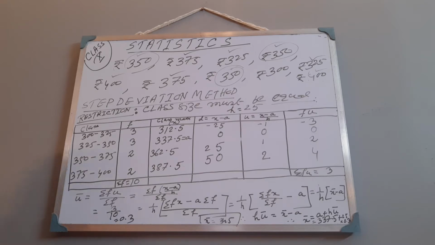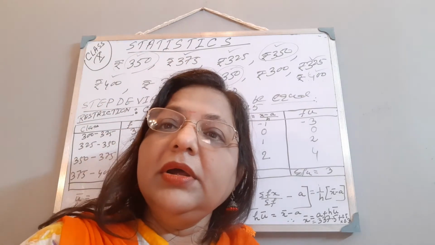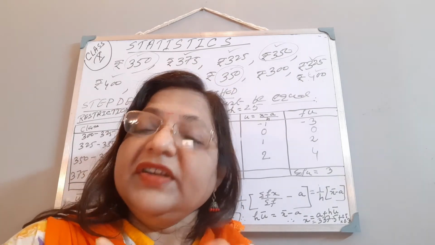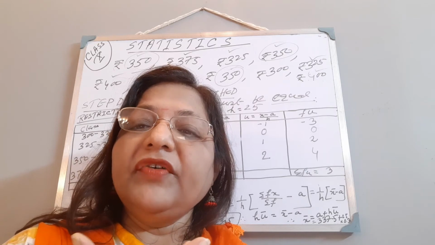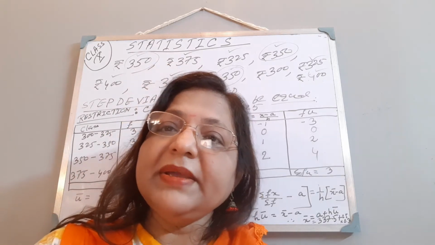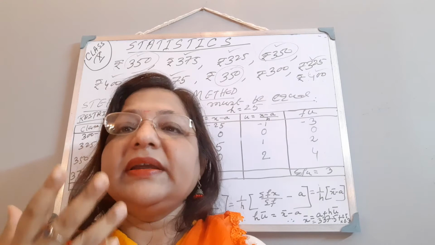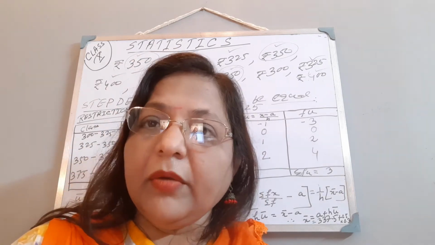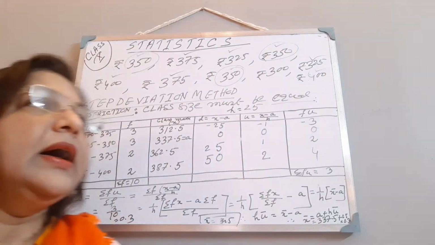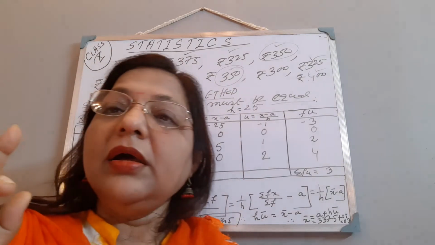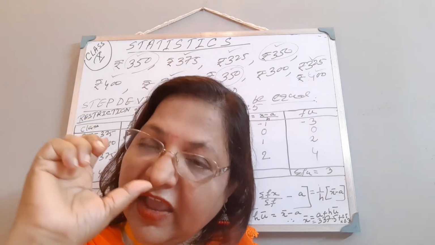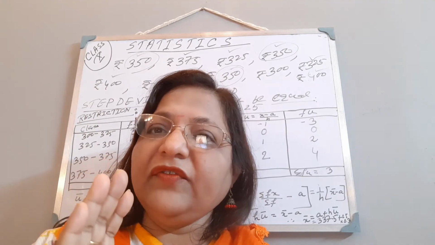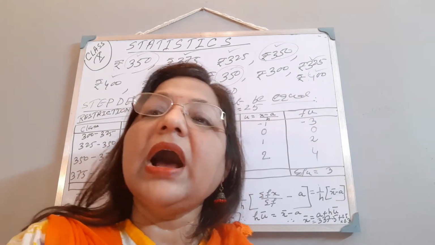Now I think everything is clear to you. All the methods are explained. We have already explained the first method, that is for ungrouped data. Ungrouped data means when the data is not in group form, that means not in class form. That is already done. The formula we have got is x bar equals sigma fx by sigma f. That is one formula for the direct method when it is ungrouped.